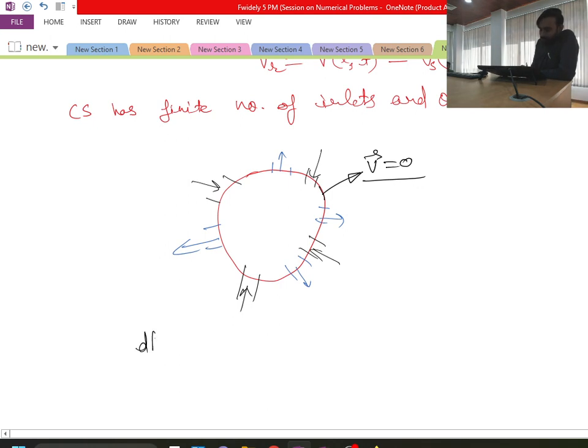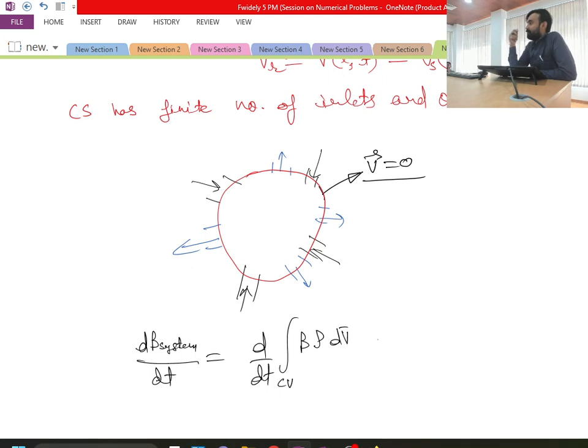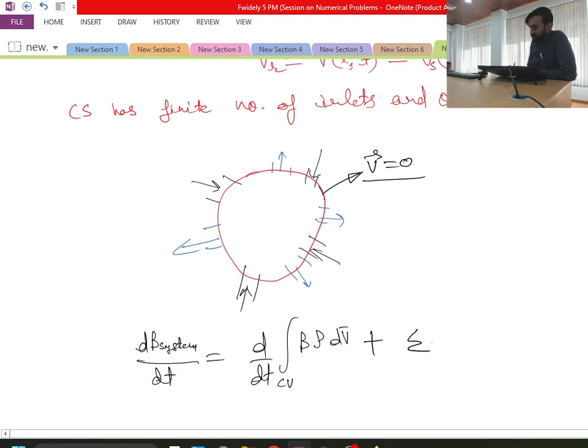Now my dB system by dt will be d by dt of changes within the control volume. So changes within the control volume are beta rho dV, not vector, dV bar volume. Now I was having integration. In place of the integration I can use summation now. So plus summation of beta rho V